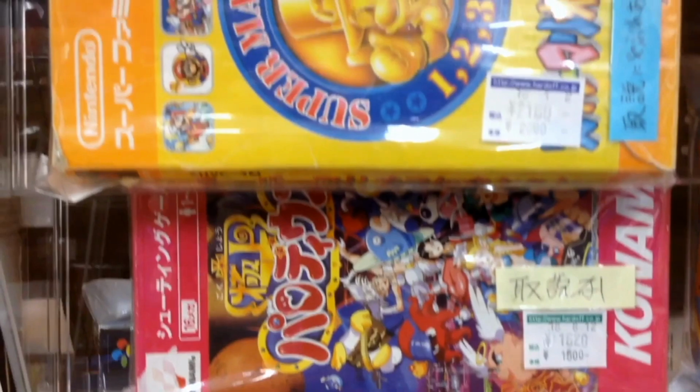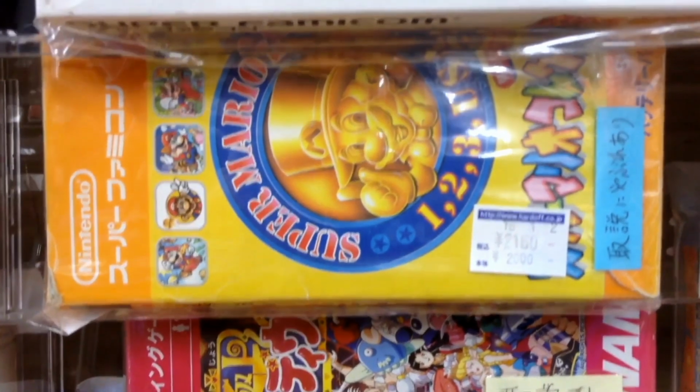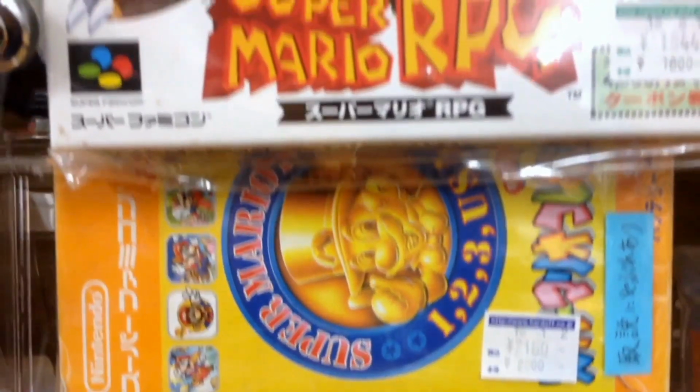It does not have the manual, so be aware of that. This one also does not have the manual. So here you just get the cartridge and the box for $20. No wait, this one apparently has the manual, but something's up with the manual, and it's $20. For Super Mario All-Stars, that's not terrible. You get Super Mario 1, the Lost Levels, and Super Mario USA, Super Mario 2 abroad. And then Super Mario RPG,